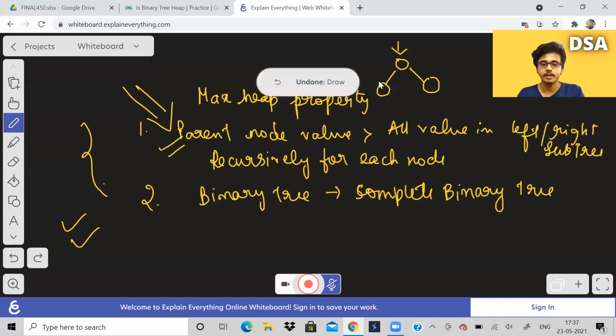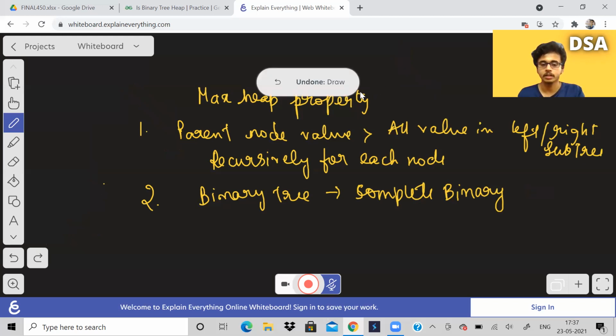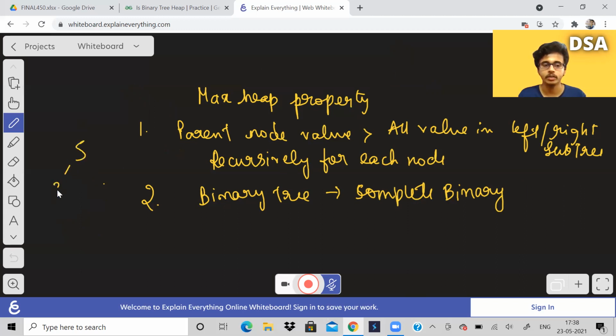So let us take some examples of max heap. An example of a max heap can be something like this: 5, 2, 3. So this is a max heap. It can be 1, 0 also. This also is a max heap, because see, for 5 all the values are less in both the subtrees.